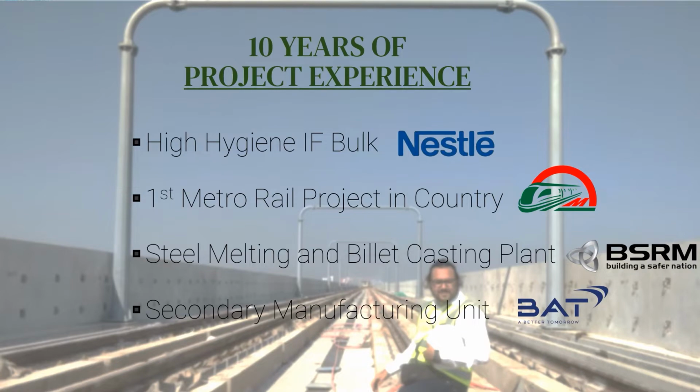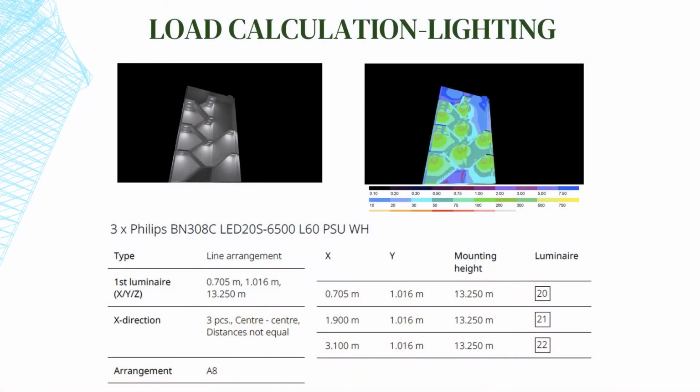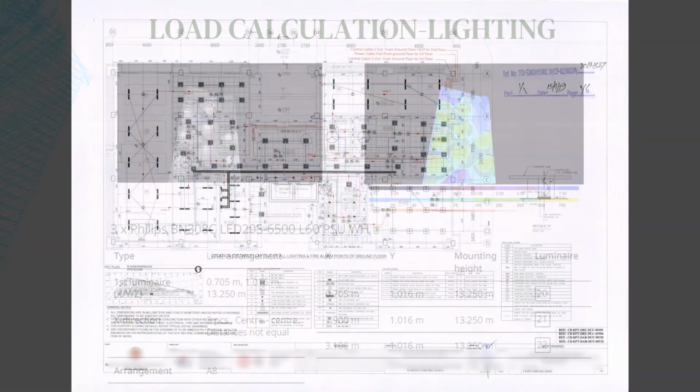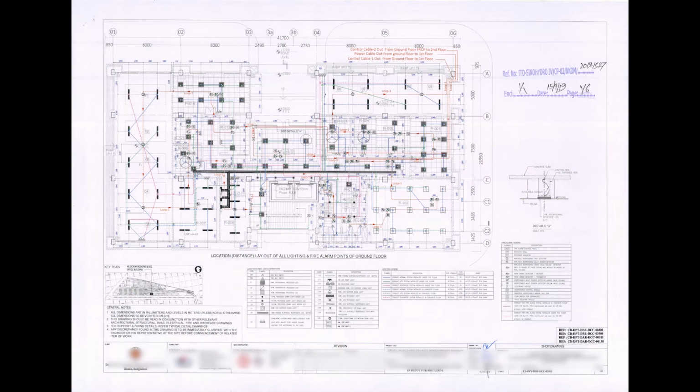I have done design work from scratch to completion. For an electrical design, I would normally start with the lighting load calculation to determine the number of luminaries required. In this drawing, I have given the UPS power to the luminary which is the closest to the door and kept the emergency power to the 25% of the luminaries. This is actually a layout for light fixtures, conduits, fire detection devices, fire alarm devices, lighting distribution boards, and some